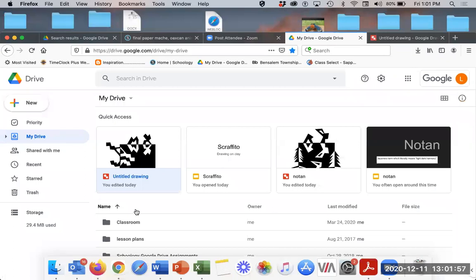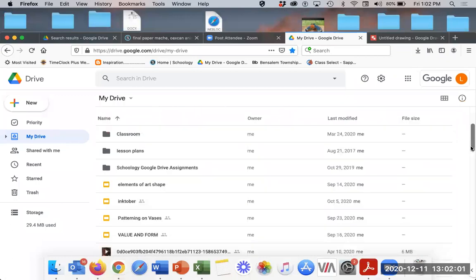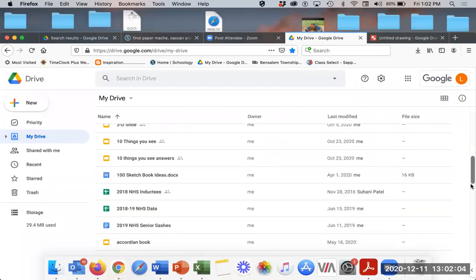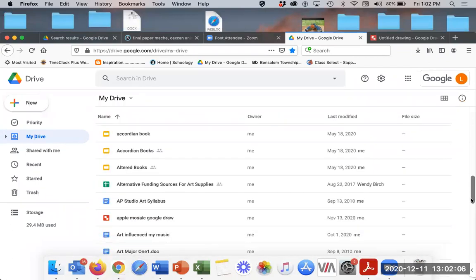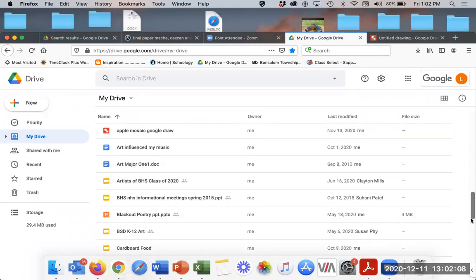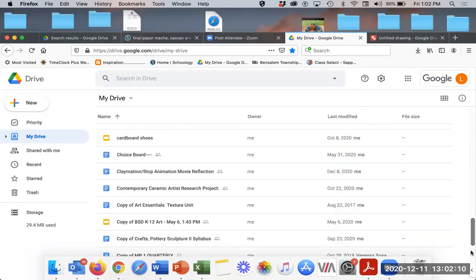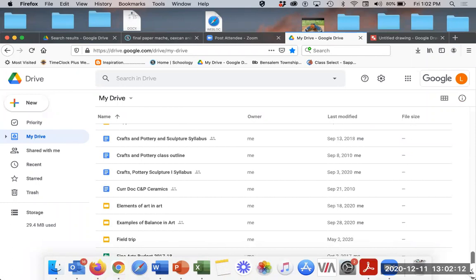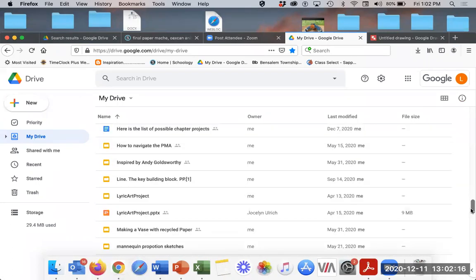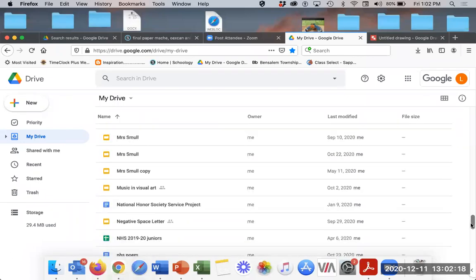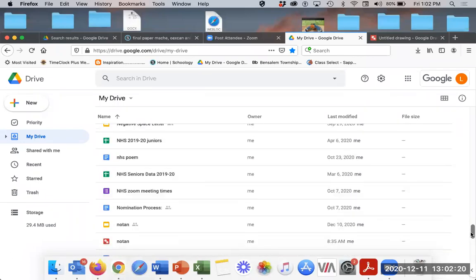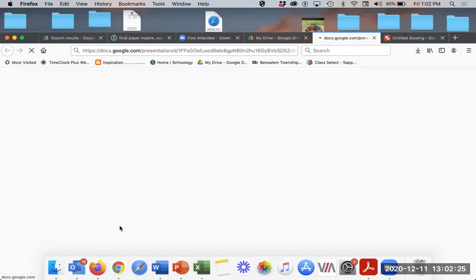I wanted to show you in case you are using paper. I feel like with paper you have a lot more freedom of shape and all that kind of stuff. But with the Google Draw, I know that some of you don't have construction paper and stuff like that. So I just wanted to give you an option. So here's the original